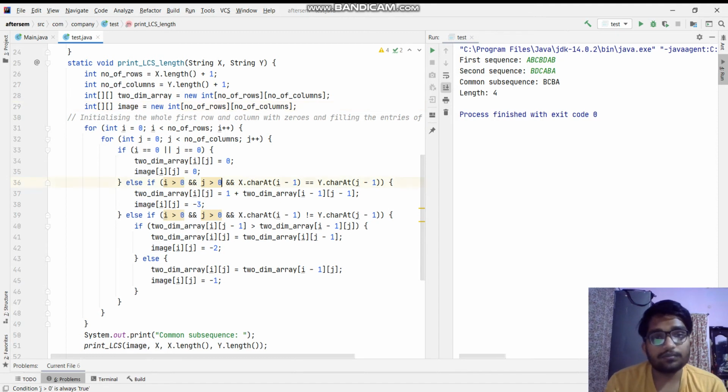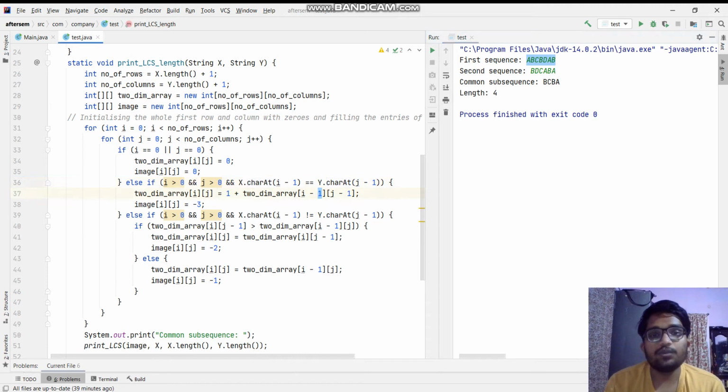And here we have a condition: x dot charAt(i minus 1). So x is our string, and here i starts from 1, right? So 1 minus 1 will be 0, the character at the first index in the first string.